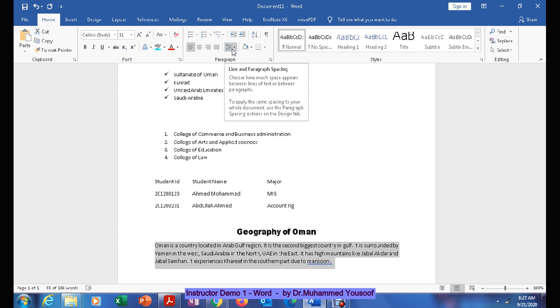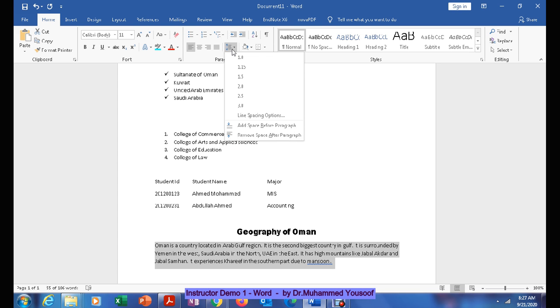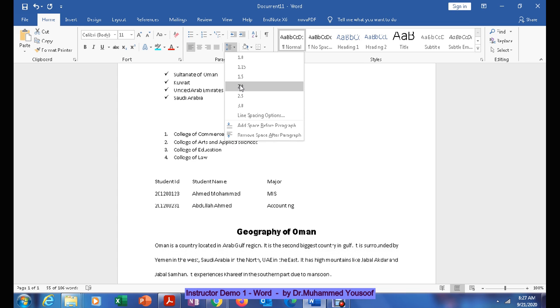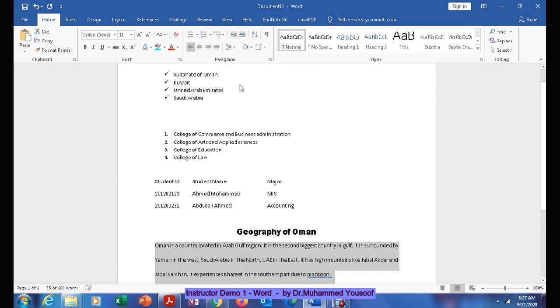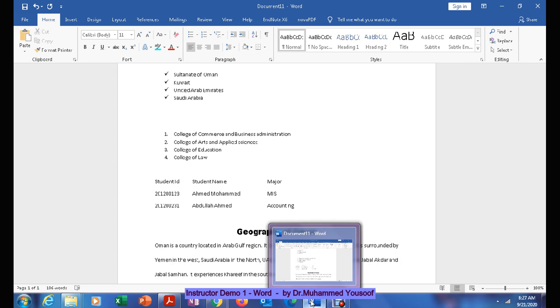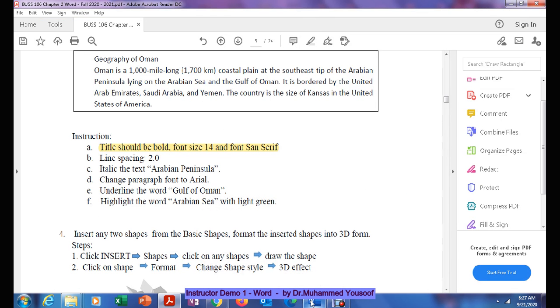Open this one. Since they ask for 2, you just choose this number 2. That's it. Now you see the line spacing has increased. I hope this is clear up to this point. Any questions you can ask me when you are in the class.